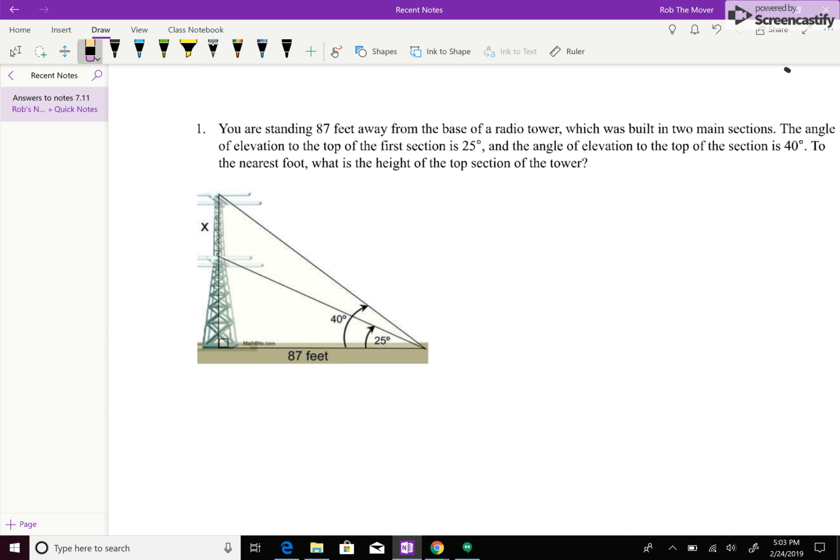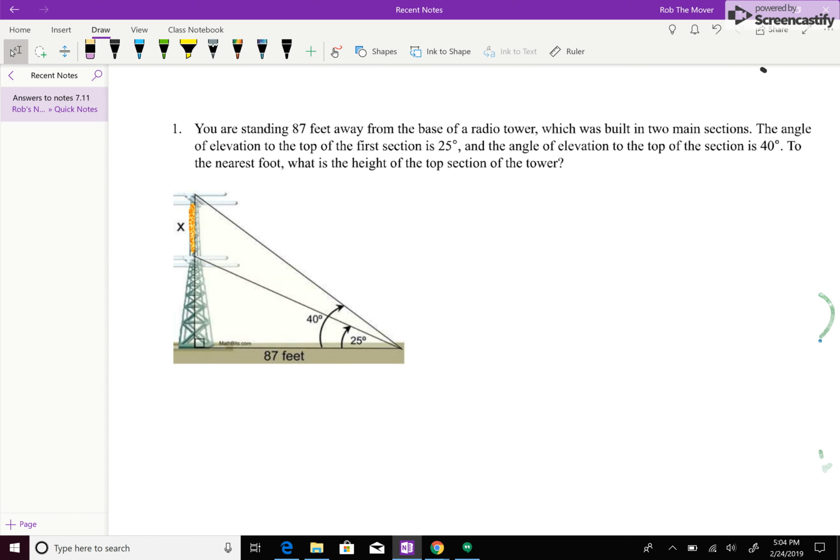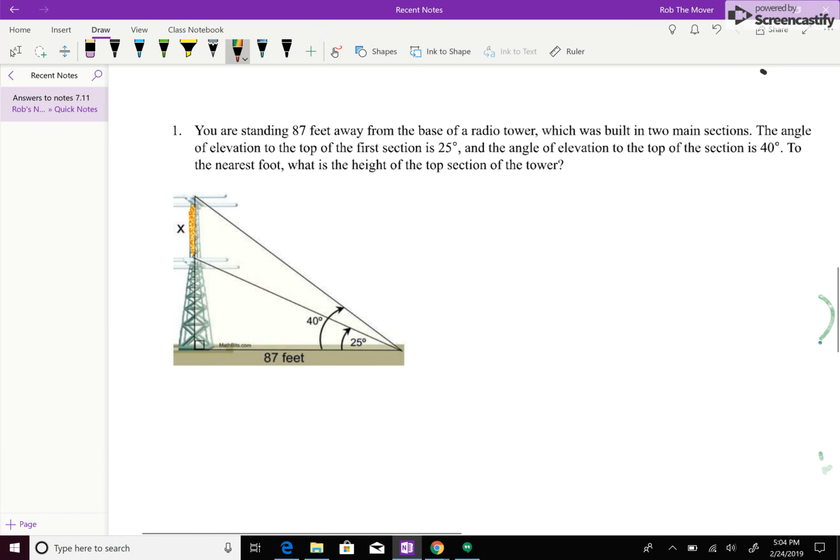Basically, what we're doing is we're trying to find this value x right here, right? And it's really a lot easier in trigonometry to be using right triangles. So if for some reason we can't get a right triangle or can't get this side in a right triangle, maybe we can use other right triangles to help us. And lo and behold, in this problem, we've got two different ones, right? We've got this big right triangle here, that big one, and we've got